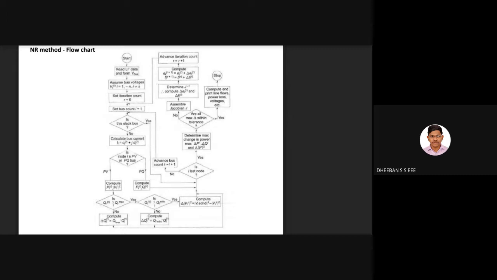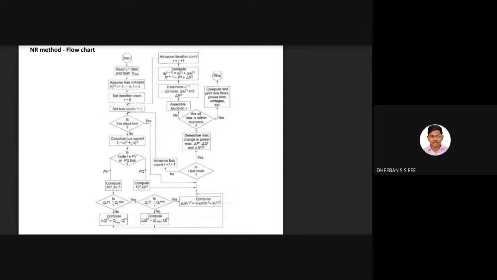So any other doubts you can just ask. So this is an important flow chart. Sometimes, like your CAT one, they might even ask about the flow chart for the NR methodology alone. That's a big question, that possibility is there. So in most cases, a Gauss-Seidel problem will be asked frequently, and for NR and the next method, fast decoupled, they will stick with the algorithm and flow chart. Any question with respect to this flowchart, you can just ask.